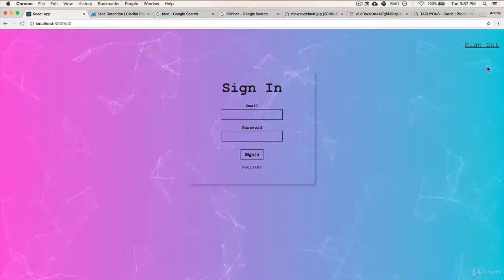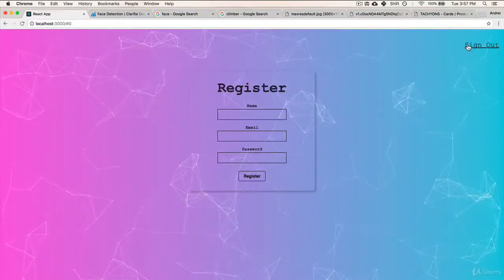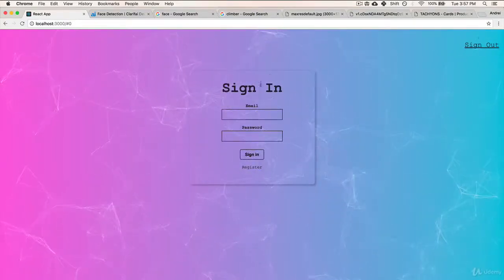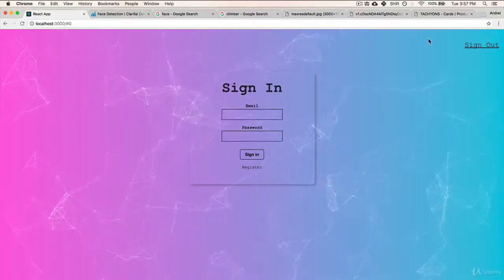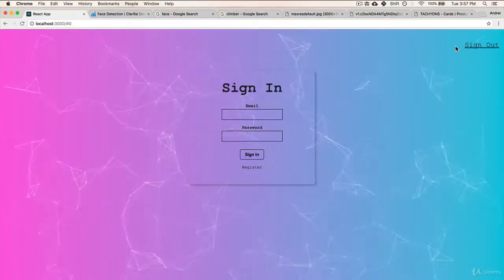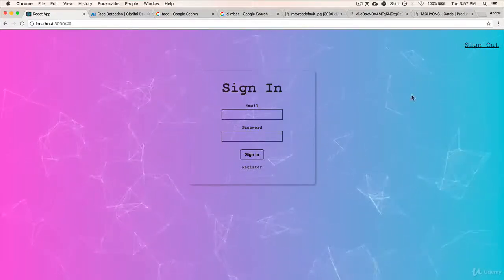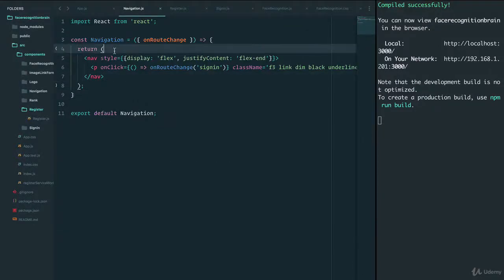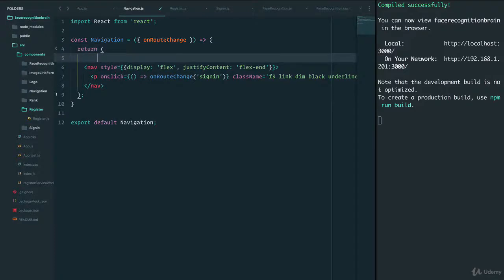The last thing that I want to fix is the sign out. I want to be able to have sign out only when I'm at home, and maybe when I'm on the sign in or register, I have the two navigation tabs over here. That's fairly easy to do. We can go back to navigation, and in navigation, we can say that if is signed in, a variable that we don't have yet, but we can create one. I just want you to think about how we want to design this. So if is signed in the user,